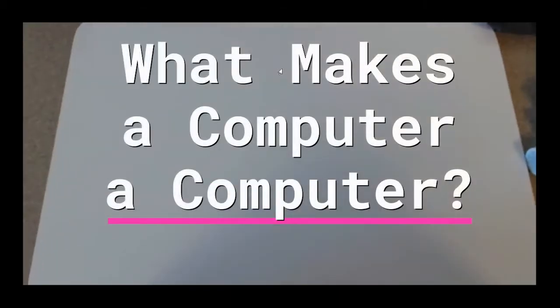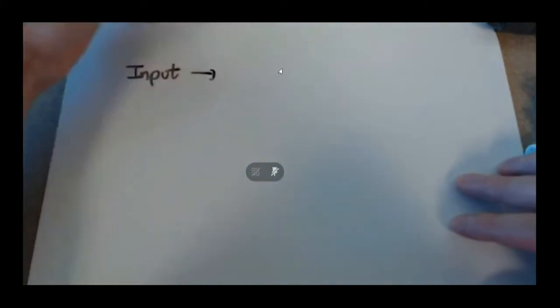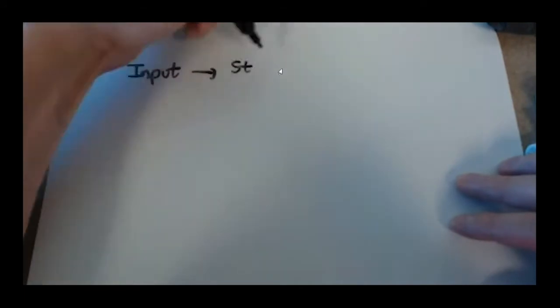You are going to need to know this because it's the definition of what a computer is. If you broke it down to the bare essentials, figure out what it actually is, it's kind of interesting. But it's just anything that has an input. Okay, so we have an input, and then this input goes into either storage, like it gets stored on something